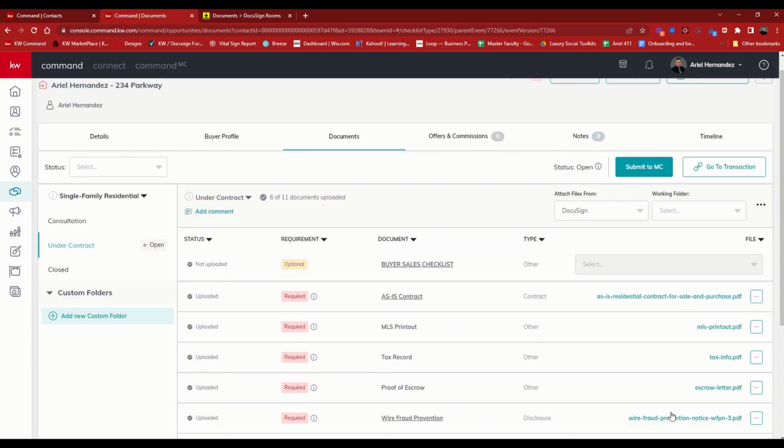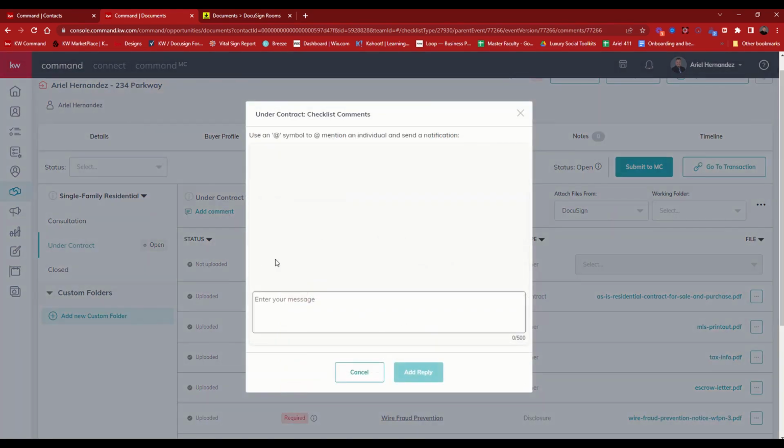Once you've inserted all the documents that you need, then it's as easy as just hitting the submit button. Now, if there is a document you're missing, or you need to send the MCA or the compliance director a message as to why you're missing one of the documents, you can always click here on add comment. Then you're going to use the @ symbol to be able to mention a specific individual. So I'm going to hit the @ symbol, and I can choose MCA or Taylor or compliance director, and then type in whatever message I have. So for example, no tax